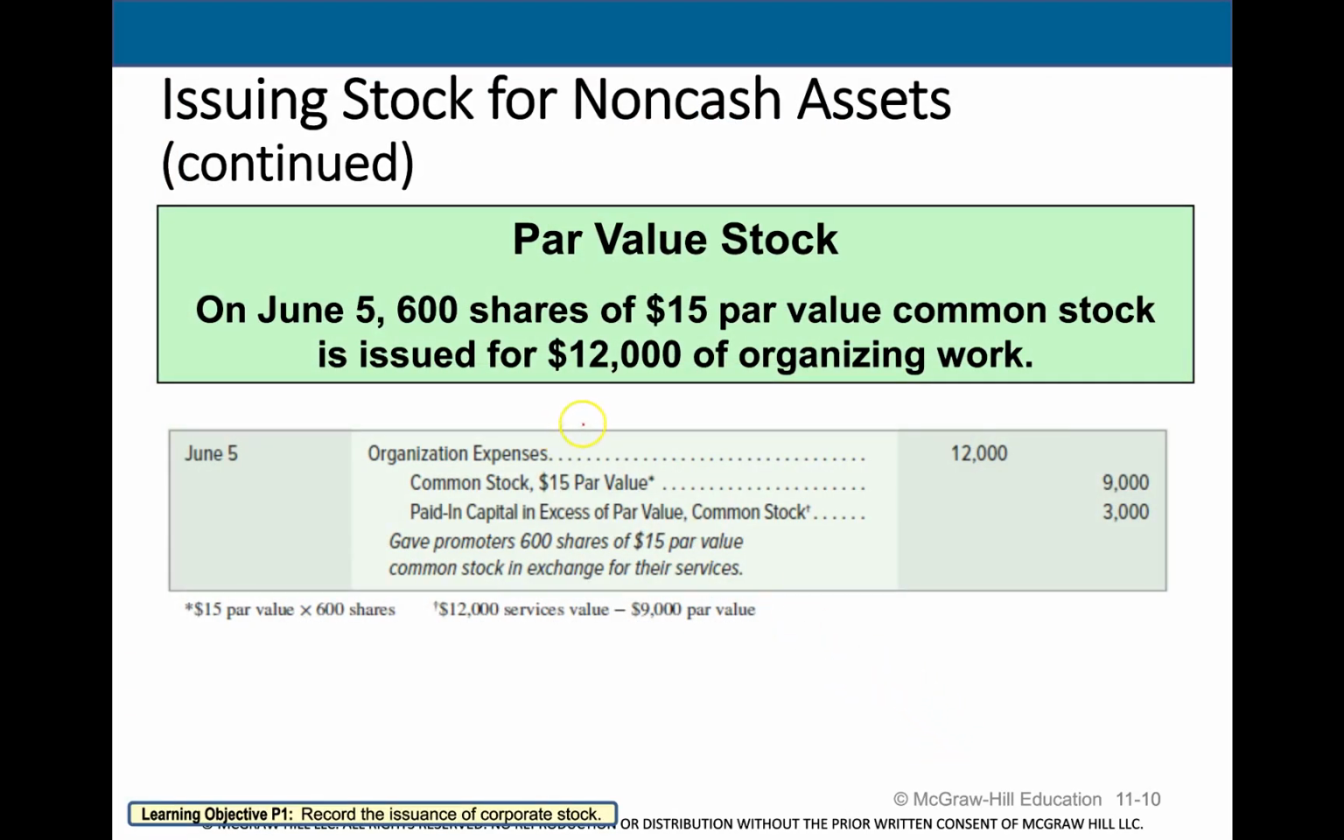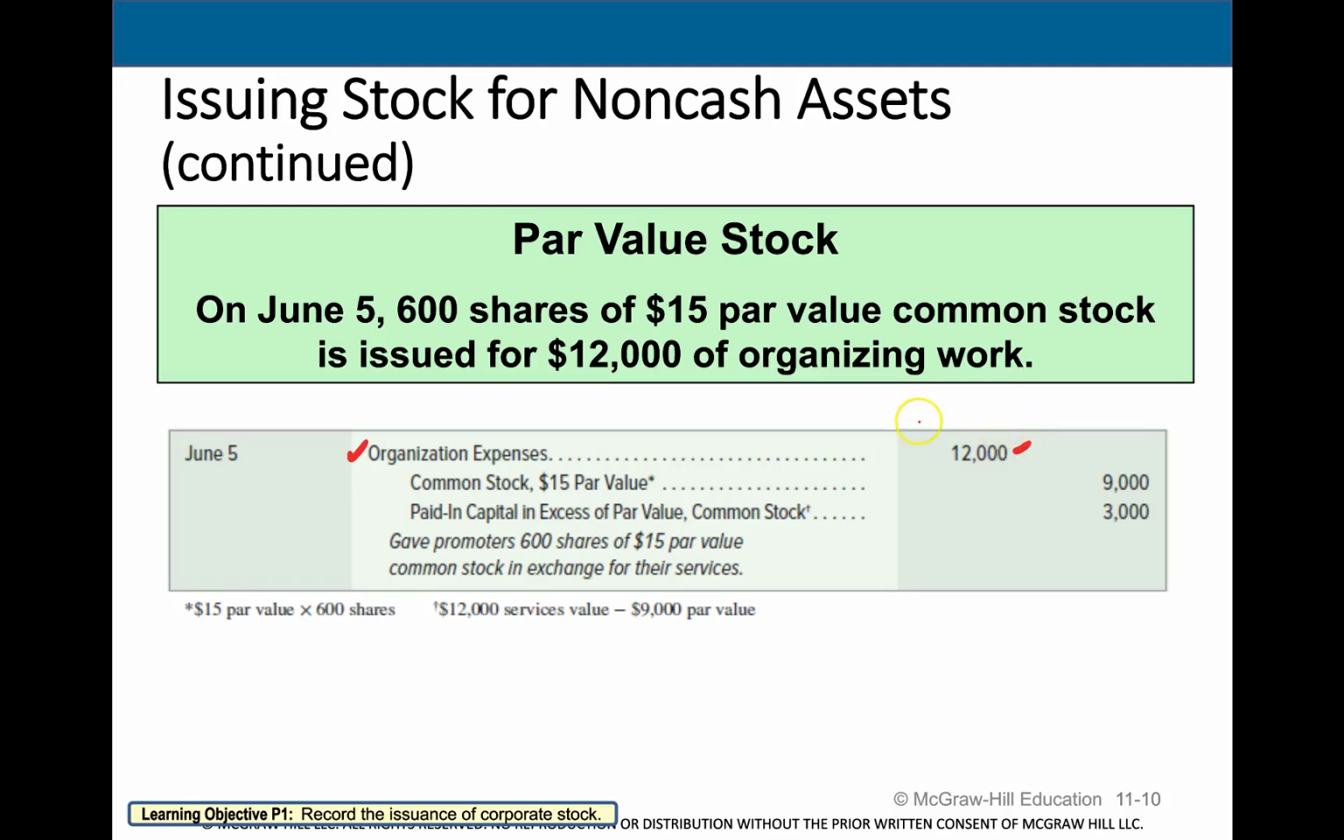Now, let's just say we have stock for a service. It's pretty much very similar. On June 5th, 600 shares of $15 par value common stock is issued for $12,000 of organizing work. Well, the value that we have assigned to this service is $12,000. So if we hired somebody to organize our office, it would be an expense, right? We would debit organization expense. So here we're going to do the same thing. Think of it as if we hired a law firm and they did $12,000 worth of legal work, we would